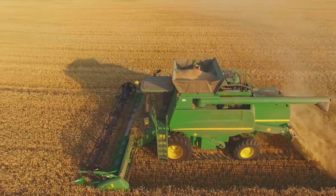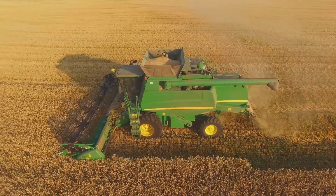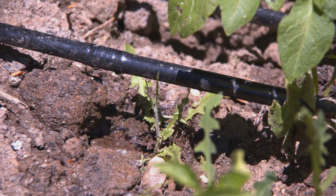Modern farming technology is revolutionizing the way avocados are grown, harvested, and distributed. Precision irrigation systems, for instance, deliver water directly to the roots of the avocado trees, significantly minimizing water waste. This method ensures that each tree receives the exact amount of water it needs, promoting healthier growth and conserving precious